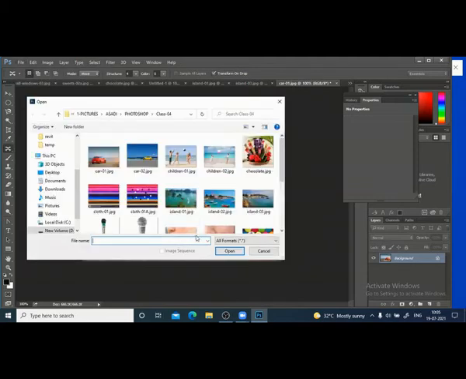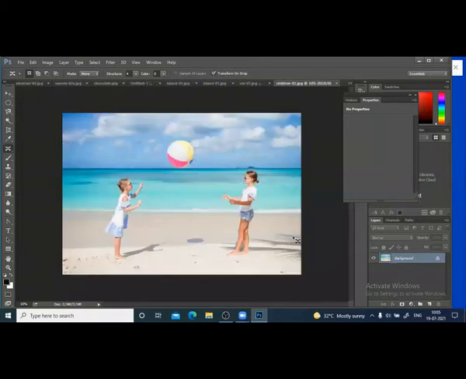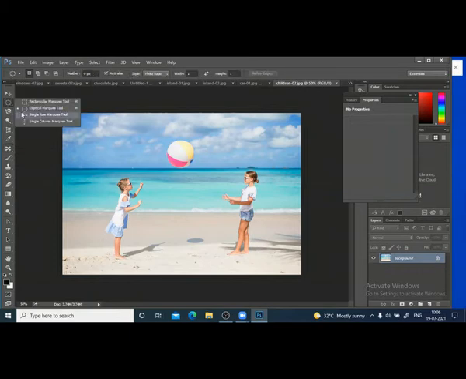Open. I want to move this girl little bit in the front. So I will go to content aware. I can select it using my marquee tool also. Selection tool, polygon, or anything I can use.